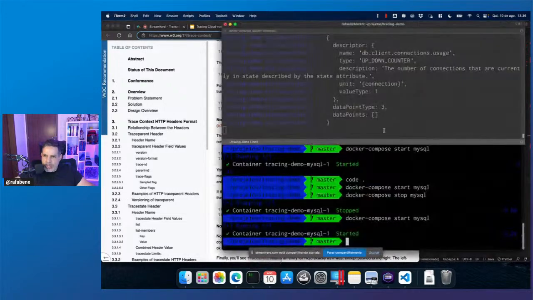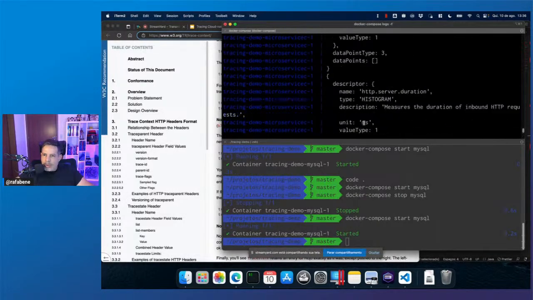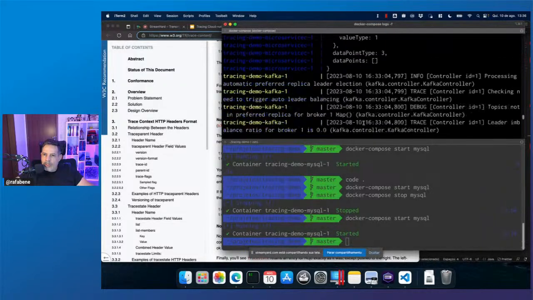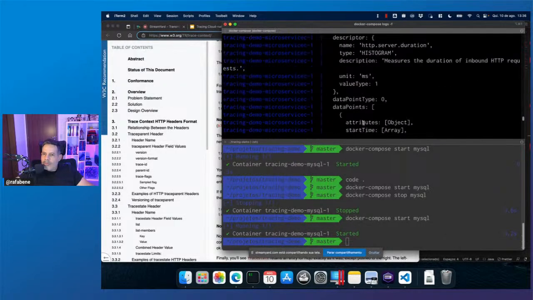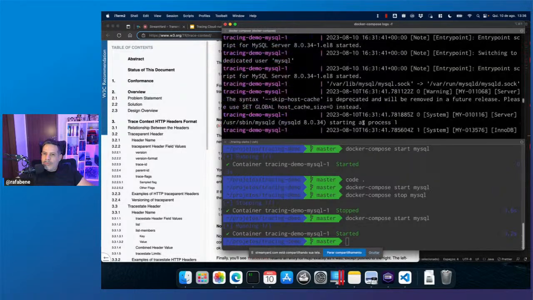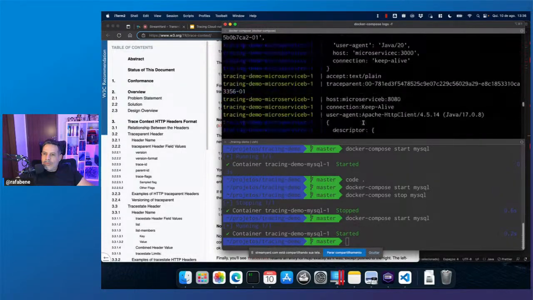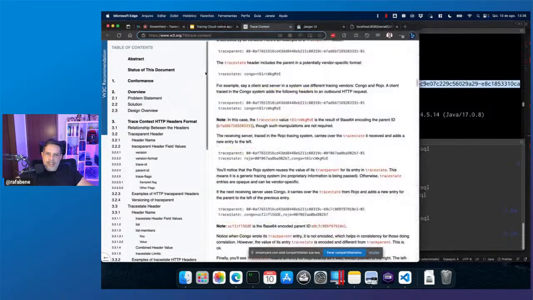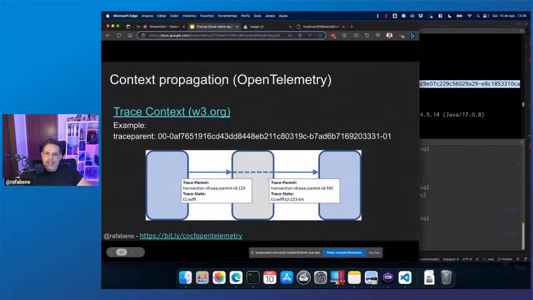Let me see if I can also see it in the logs. Here, you can see trace parent and the data of the trace. Okay, so it's part of the W3C org now.